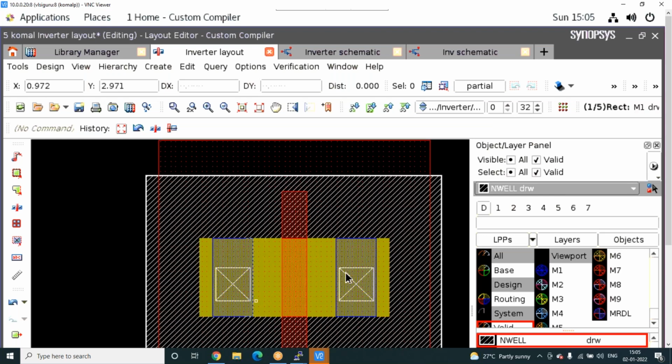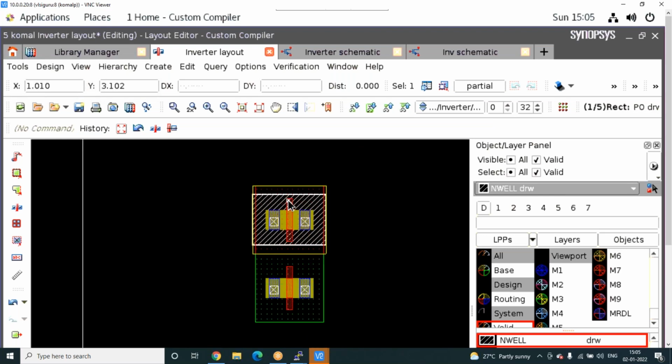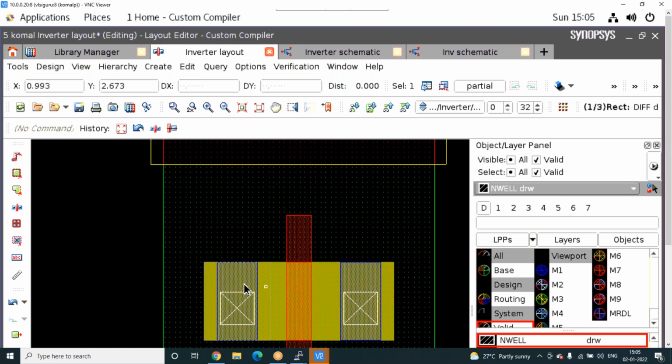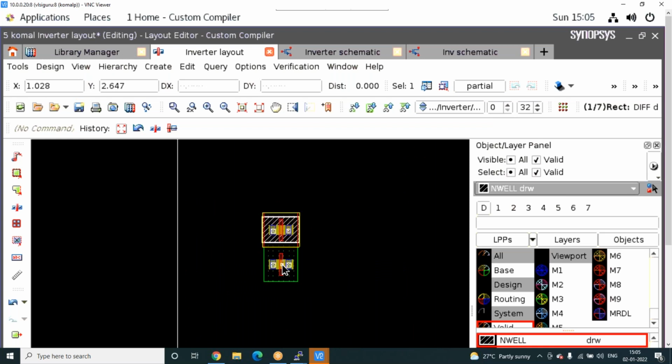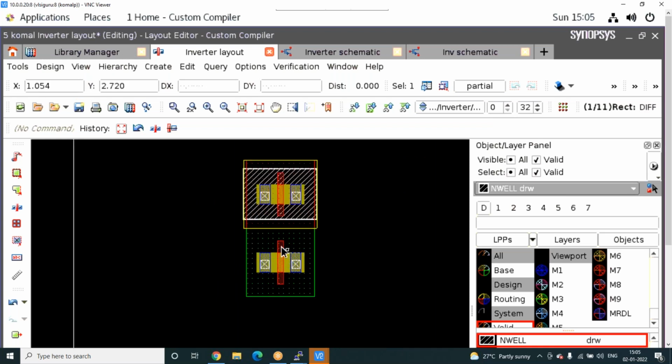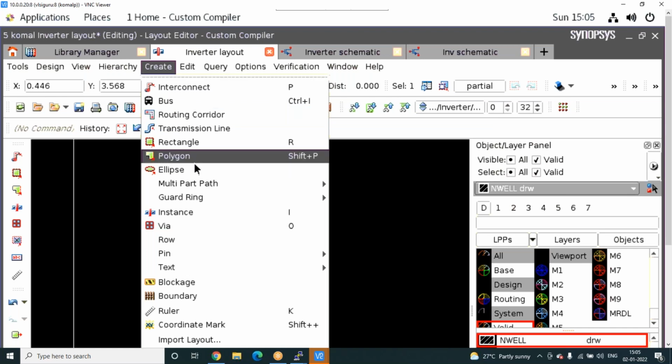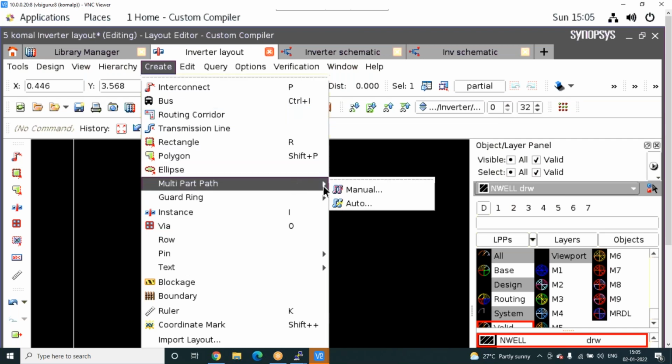This terminal is called source. This is called drain. This is your gate connection. Similarly here, source and drain you can alternate for any connection. This is the gate. So what is missing now is the body connection. For the body, the P must mean the N-well is the body. So here go to create multiple paths.